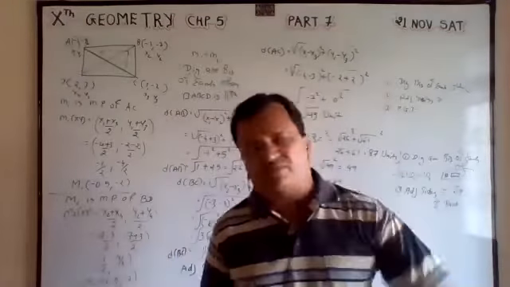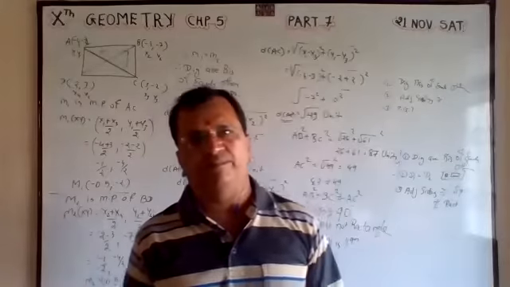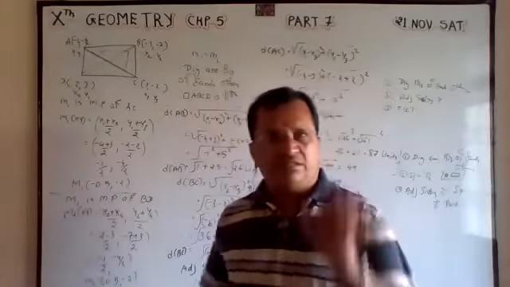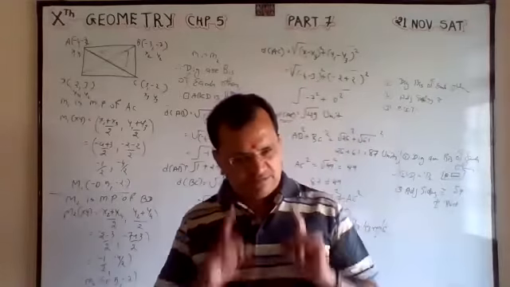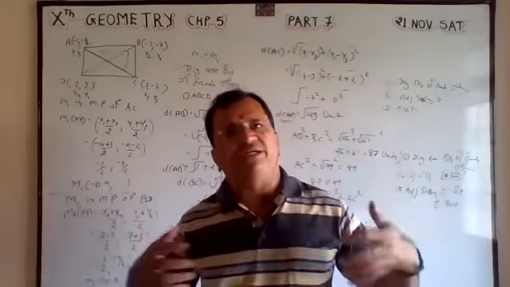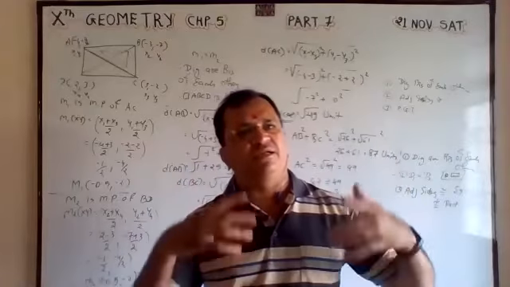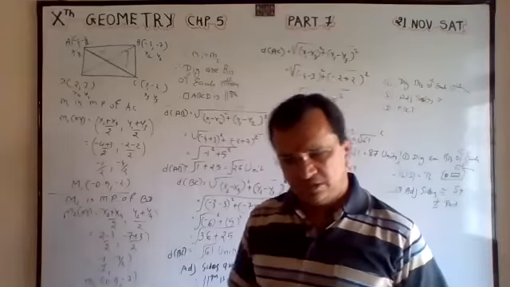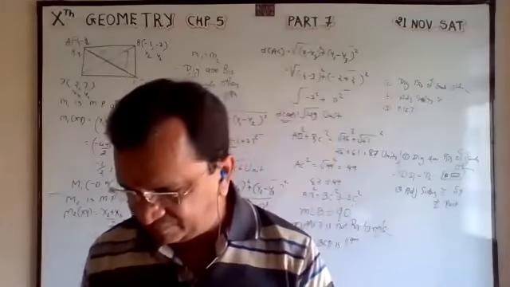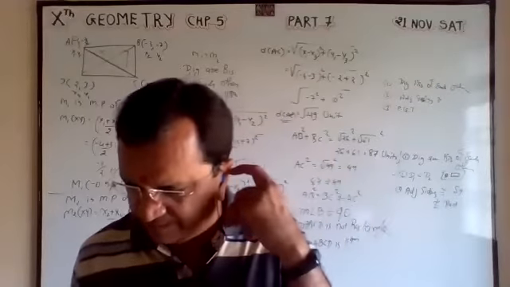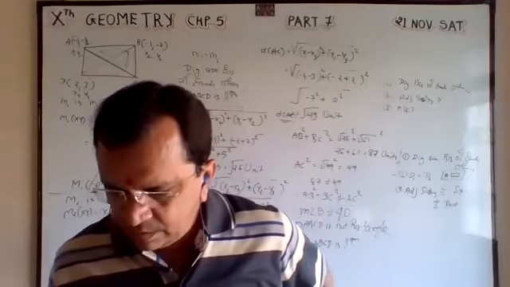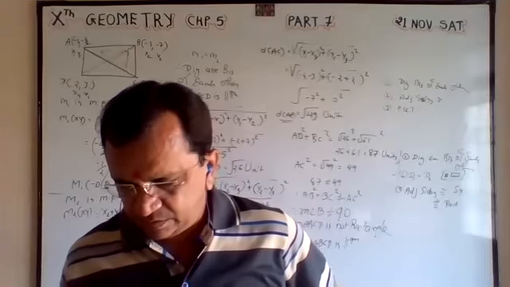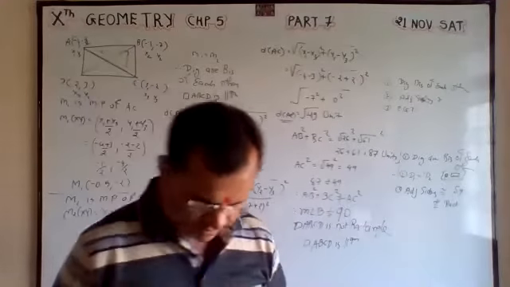Suppose the same question they will ask in practical. You have to take the graph, plot the points, join them. You will come to know whether it is a square, rectangle, parallelogram, or rhombus. Simple. Within 1 minute you can find out. But here it is theoretical, the segment is divided into 5 parts. Sum number 19, it is a very good example.